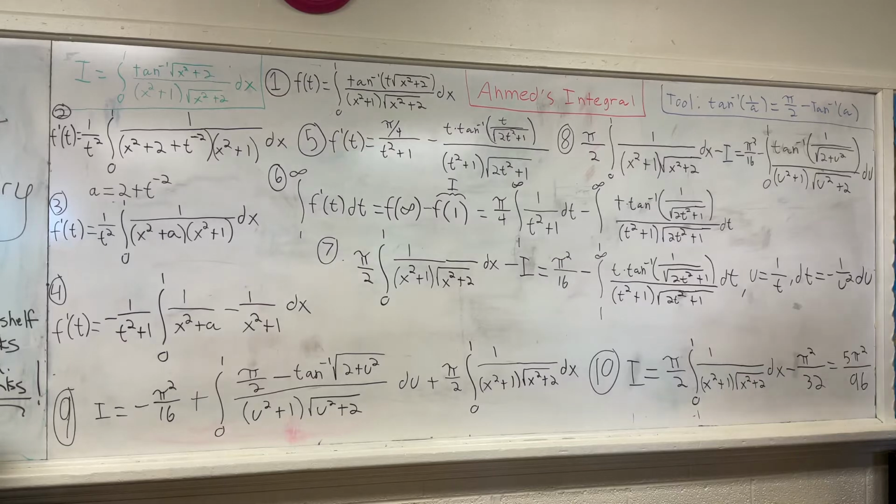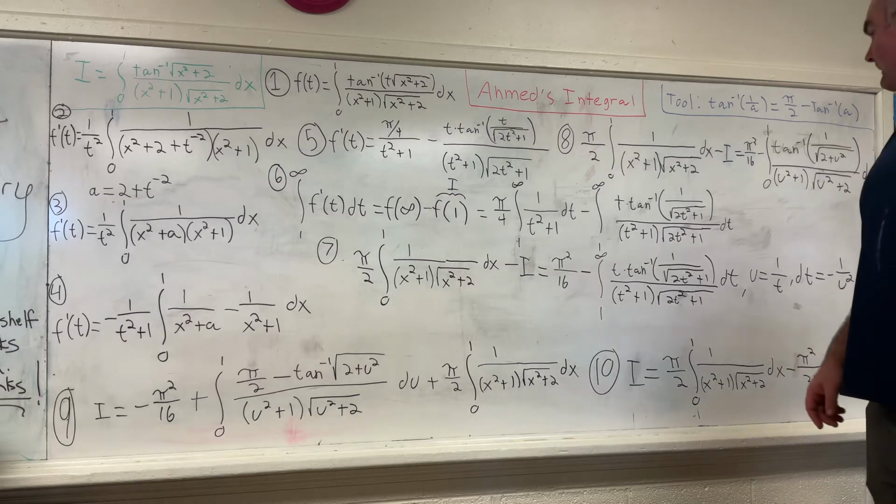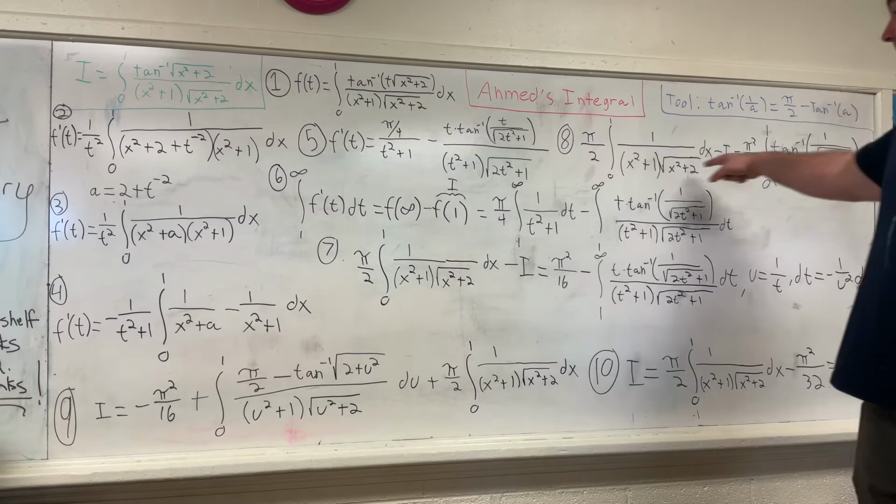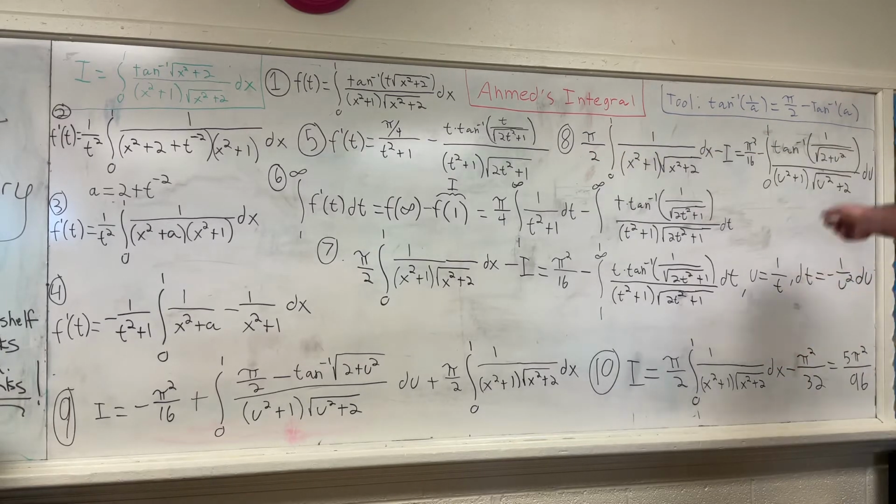Now, to go to the next step, we make the substitution u is equal to 1 over t. dt is equal to negative 1 over u squared du. So we're on step number 8. Where is 8? Here it is. Okay. So again, I'm just going to tell you where the parts of this